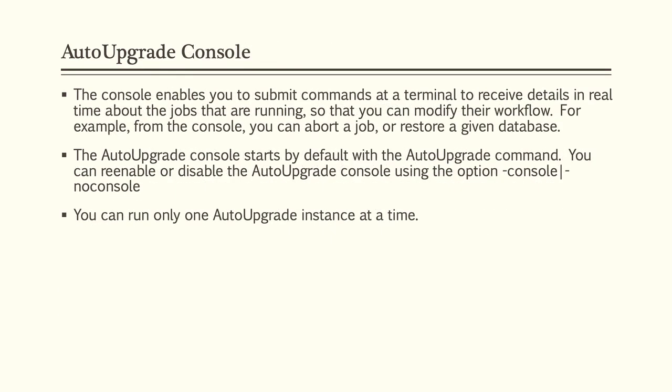Coming back to how do I know that auto upgrade is still running? I said, don't worry. When you fire auto upgrade in any of the modes, whether it's analyze, fixups, deploy or upgrade, it shows you a console. Console is by default enabled unless you say no console while invoking. And then the console is an interactive command prompt, and it accepts commands which you can use to see the status, suspend a particular job or resume an aborted job. All those things can be done on the command prompt on the auto upgrade console.